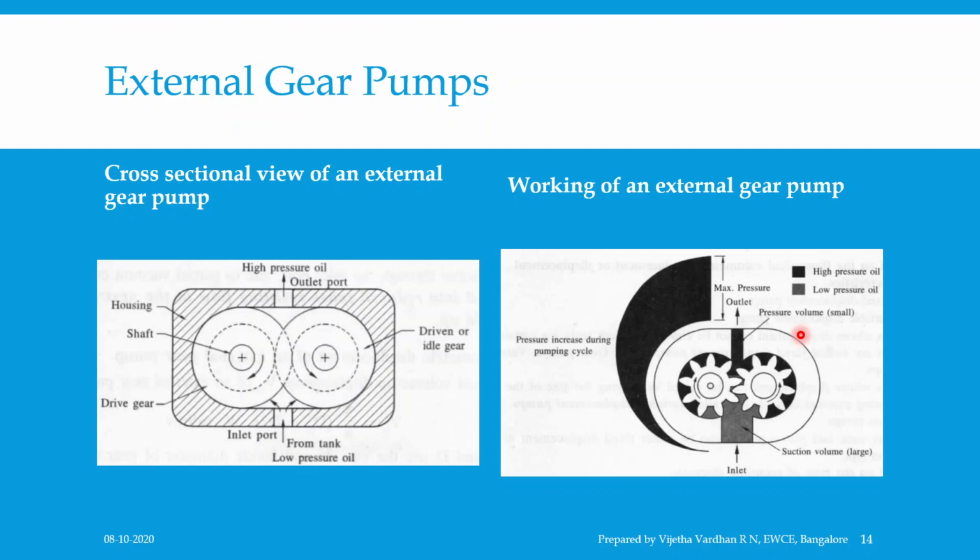And how is this pressure created? A pump creates a flow, and pressure is created by a resistance to flow. That is, pressure results whenever the flow is restricted. As the fluid is drawn into the pumping chamber through the inlet port due to the partial vacuum created at the inlet, this oil is forced into the reduced space, resisting the flow on the upstream side, which causes the pressure to build up.